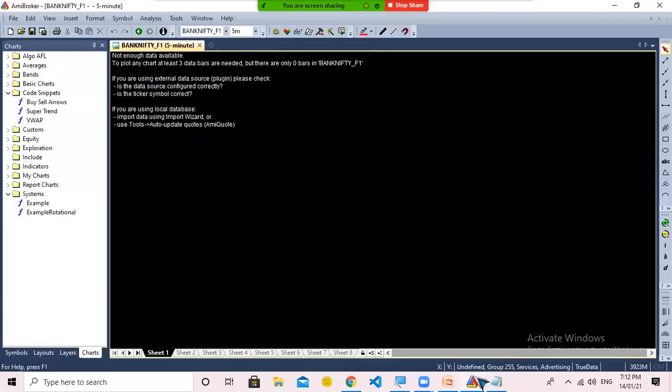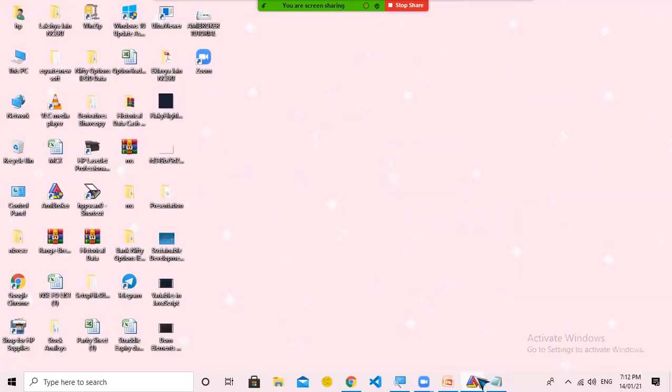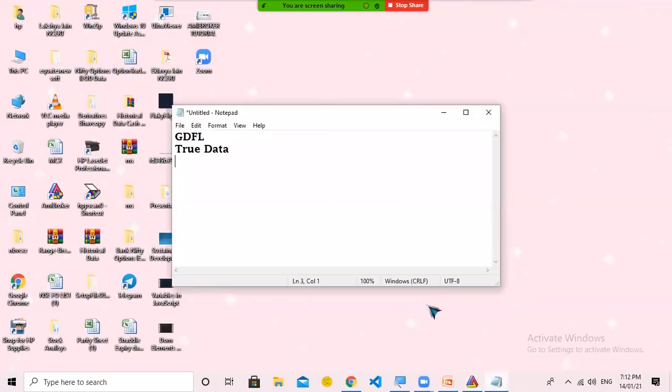Also, you may require historical data to analyze any of your strategies or to backtest any of your strategies. These data providers also provide the historical feed, which they charge for. But as you are in a learning phase, I'm actually telling you about one website which is called TradeCatcher.